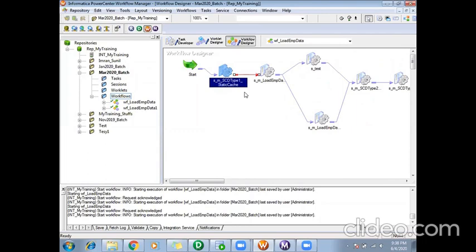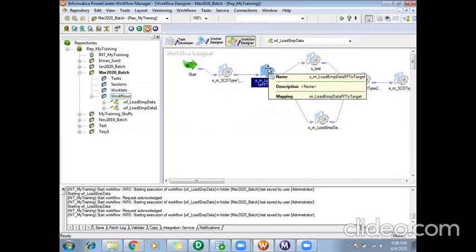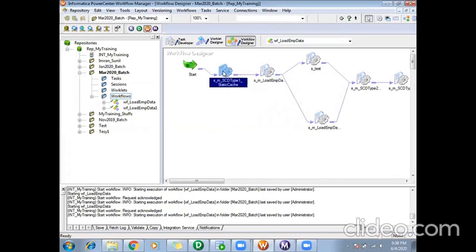It will just wait for the task to complete. Either it failed or succeeded, it doesn't matter. The link I have highlighted here, the red one, just says wait for this second session to start until the first session is completed. It doesn't tell whether it has failed or passed.